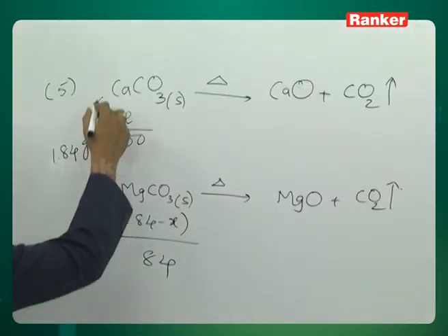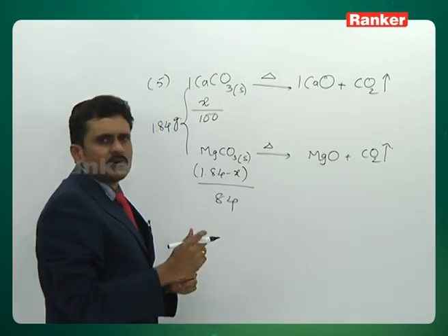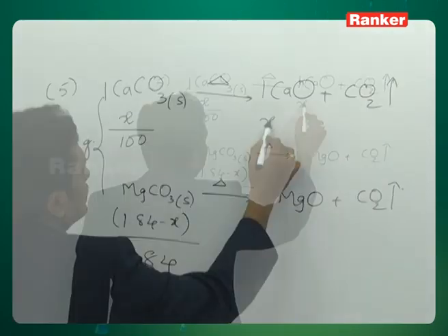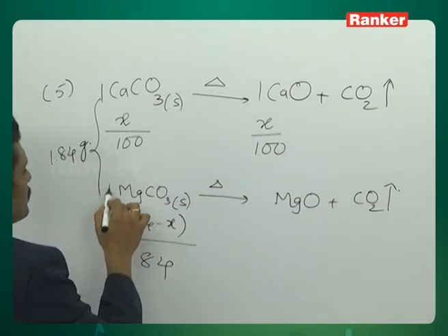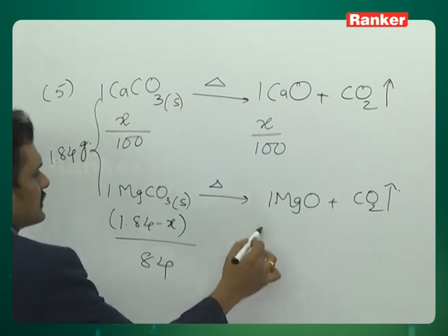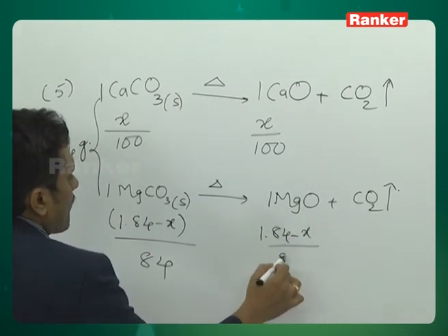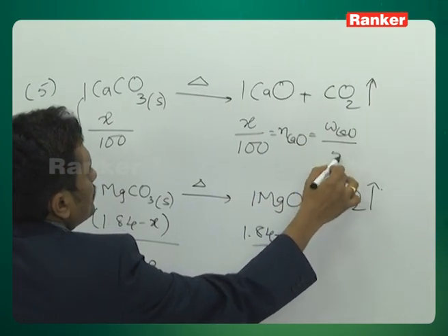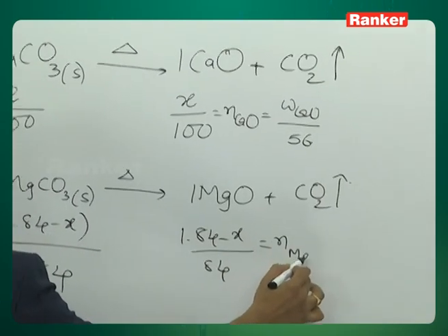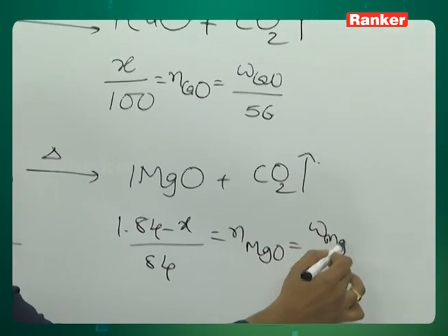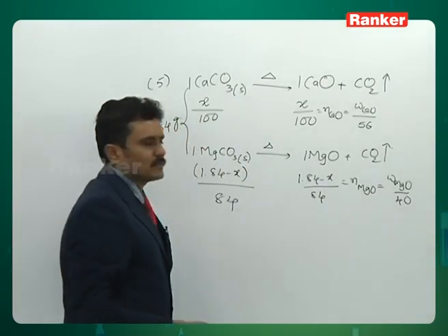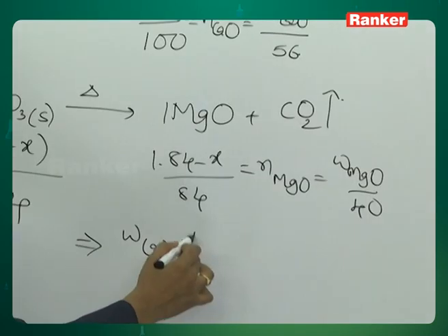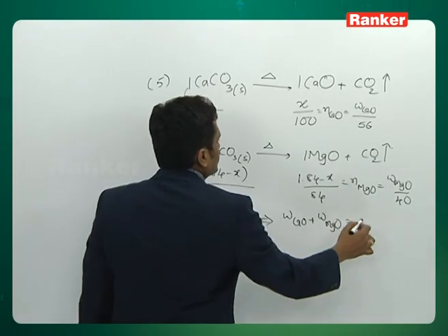As you can see, this is a balanced equation where the mole ratio of the reactant and product is found to be 1:1. Hence the number of moles of CaO obtained is equal to that of CaCO3, and the number of moles of MgO obtained from magnesium carbonate is equal as well. Now you get the number of moles of CaO, which is equal to weight by molecular weight. Here also the number of moles of MgO is equal to the weight of MgO divided by molecular weight. Hence, when you sum the weights of the calcium oxide and magnesium oxide,